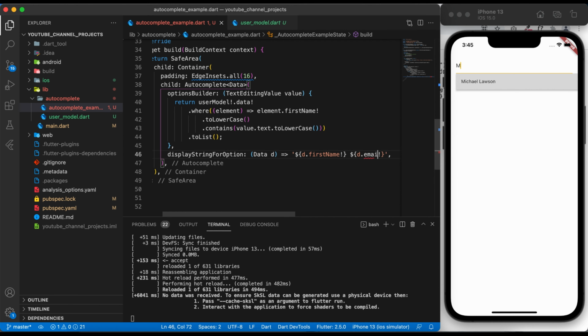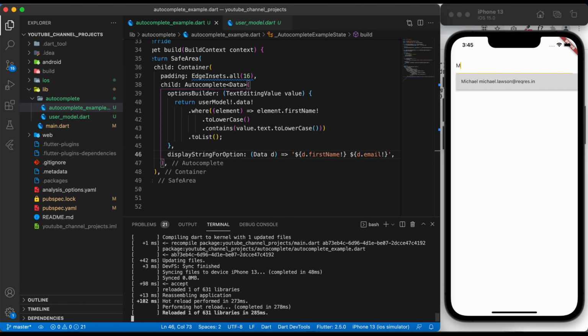I can do the same for email actually. If I type the first character of a first name, it will return me the first name and the email. So I can return whatever I want. It will only check the first name, whether the first name matches with our input or not. If the first name matches our input, it will return the data in a drop down that we want. So let's change it to the last name. Okay, so we are clear with this.